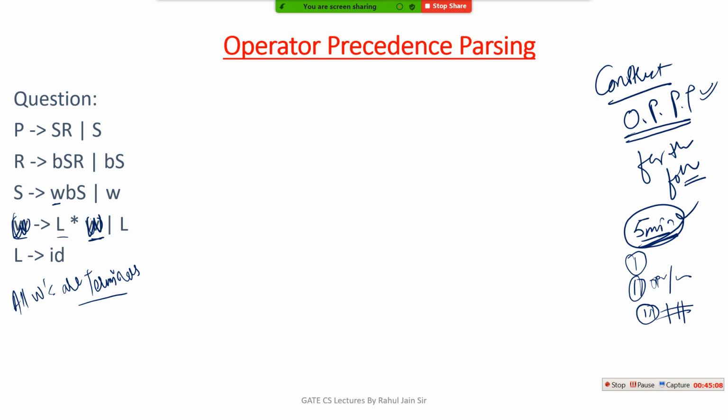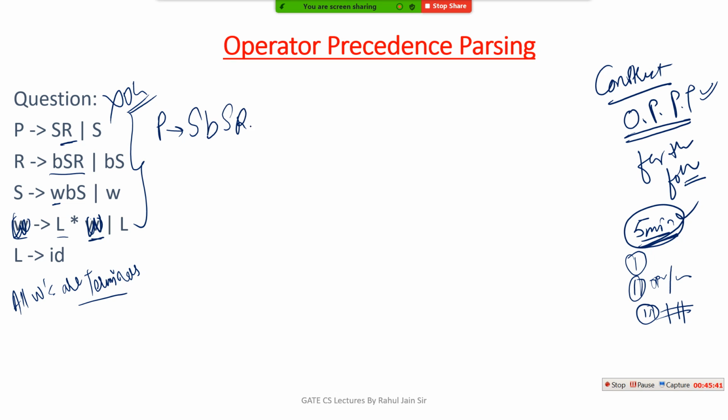Now I am discussing the solution, guys. Just focus here. This grammar is not an operator grammar. At the first stage, if you observe, this grammar is not an operator grammar, right? If this grammar is not an operator grammar, what do we need to do? We need to make this grammar an operator grammar. So I will replace this R with BSR. So what will I get? S B